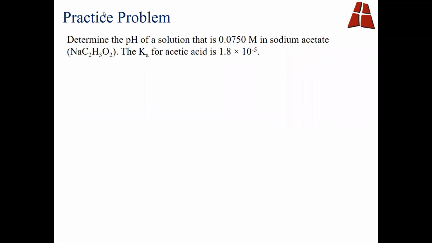In this practice problem, say I ask you to determine the pH of a solution that is 0.075 molar in sodium acetate. I give you the molecular formula there. I also give you the Ka for acetic acid. And so in this case, we know acetic acid is an acid, right? We have a Ka, but we might need to use something different for this reaction. My advice remains the same for how to solve all these sorts of problems, and that would be starting with writing out the chemical reaction that's going to be relevant,